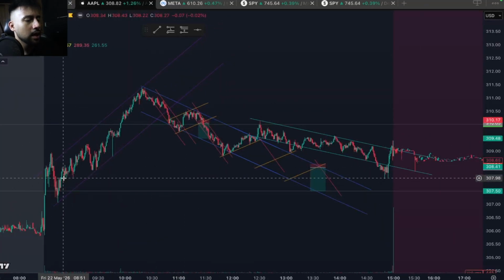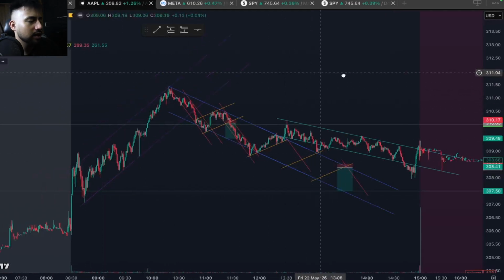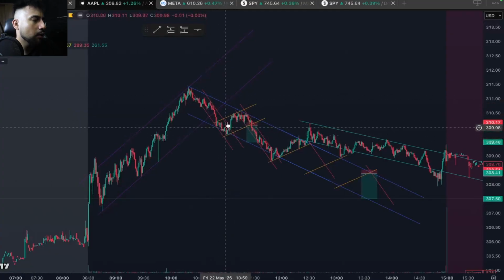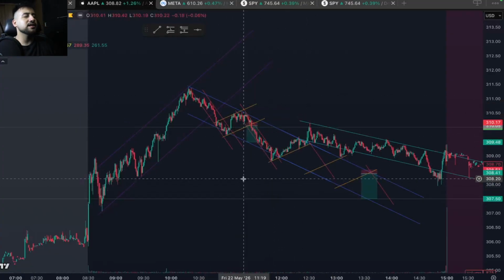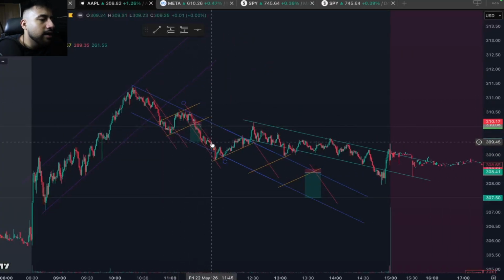So right here, just identify purple. Again, I did this on the 5-minute, but I'm going to show you guys on the 1-minute so it's easier to see. Identify the purple. Okay, we left purple. Now we're in this blue. And this is actually a very important lesson on Apple. Now we're in this blue. Orange breaks out in red. In theory,